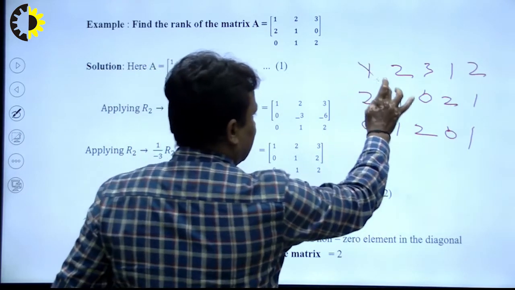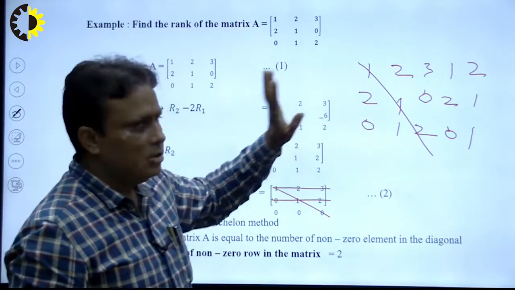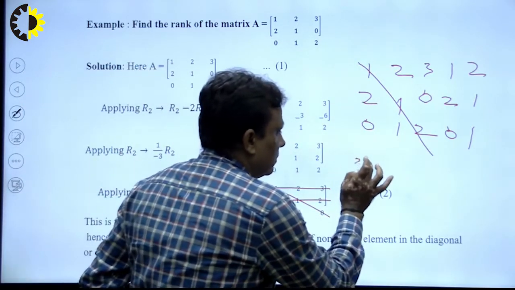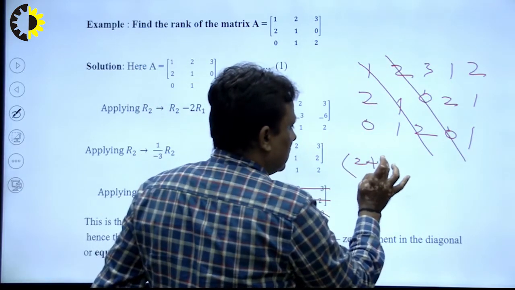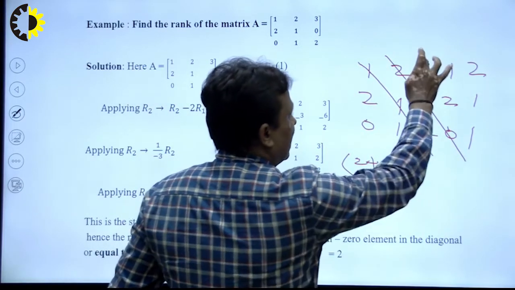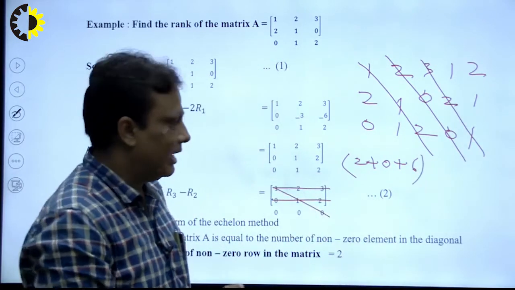Suppose I cancel there and multiply all these things. So 2 times 1 times 2 is 4, or 1 times 2... so the answer is 2, right? And multiply by all this, so the answer is 0, right? Plus multiply all these things, 3 times 2 is 6. So this is calculated correctly.